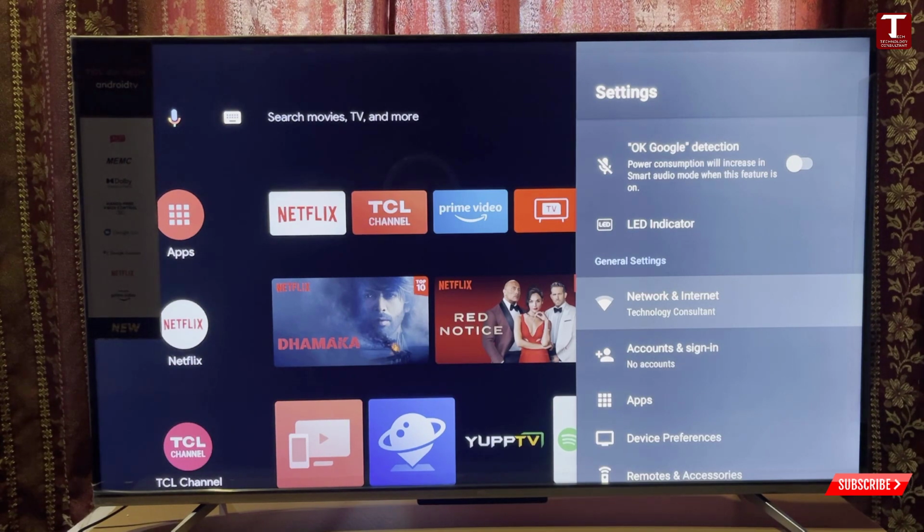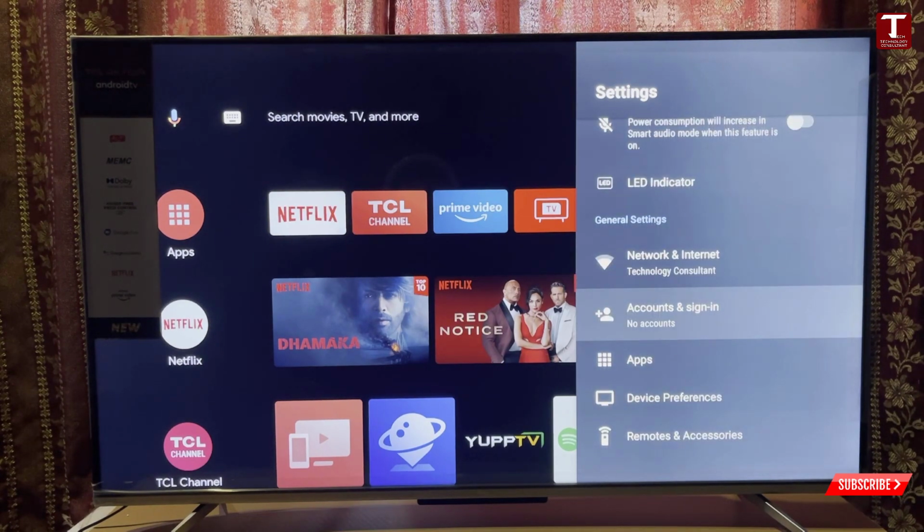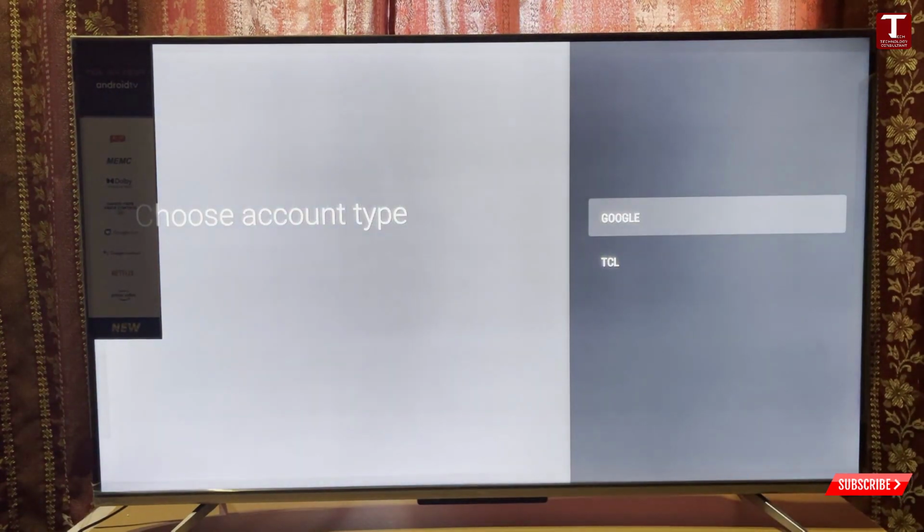After connecting to the internet, you again have to open the same settings. Under your Wi-Fi you will see account and sign in. You have to click on it, and then either you can create a TCL account or you can use a Google account. So we'll create a Google account. We'll click on Google,